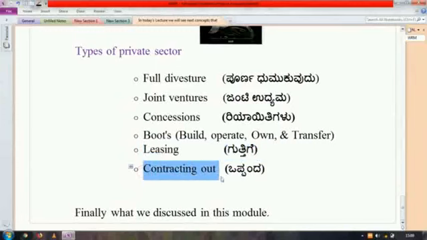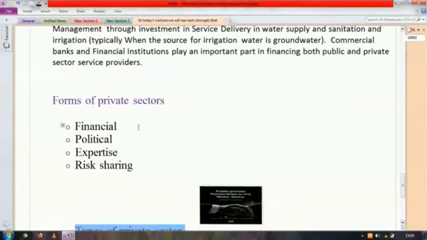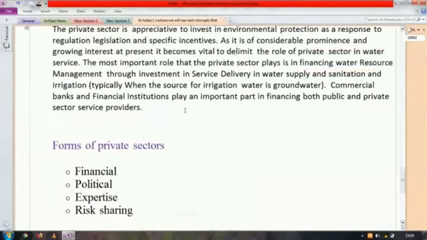The rules are made by one authority and handed over to the private sector, or it may include both the private sector as well as the government. Here the government also has certain power to rule the policies, but contracting out is only for a certain time. It is not for a lifespan, and it is not permanent. So this says about the private sector involvement in water resource management systems.